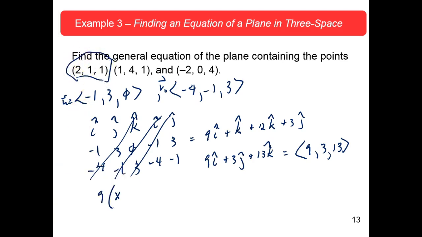Here is your point that you're using, right? So 9 times x minus 2, plus 3 times y minus 1, plus 13 times z minus 1. I can't write and talk. These are the coefficients, and the x, y, z's are there. Minus 2, minus 1, minus 1, and that's equal to 0